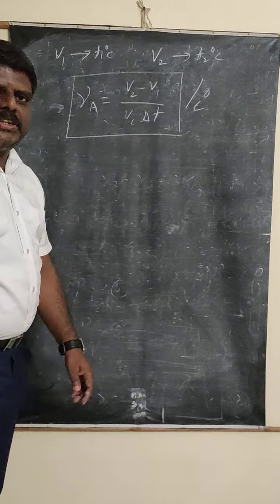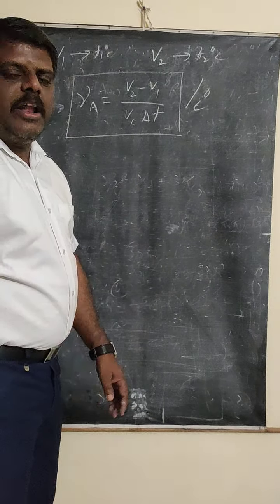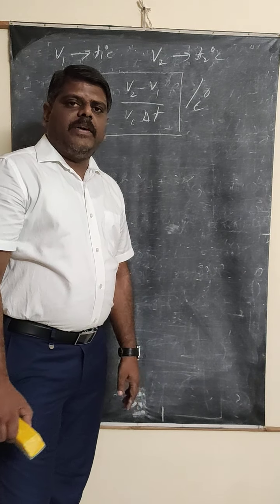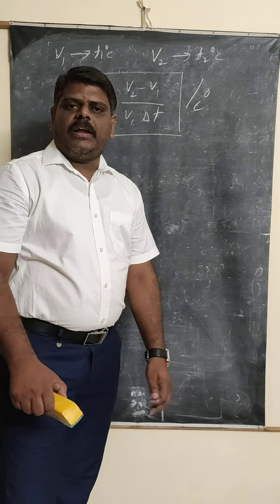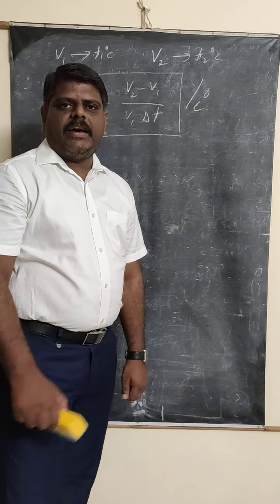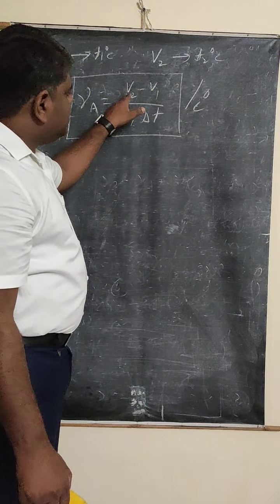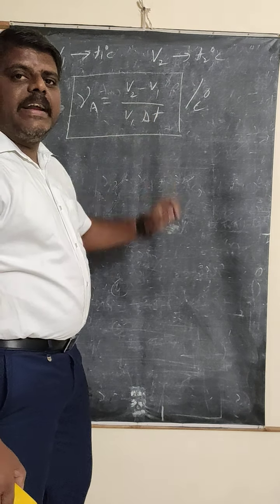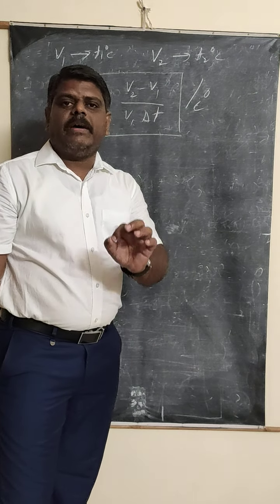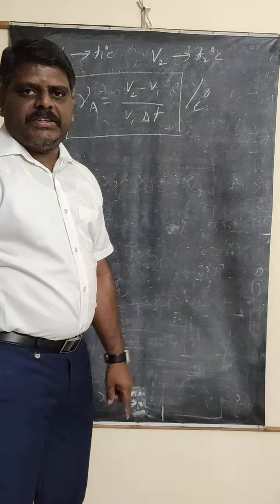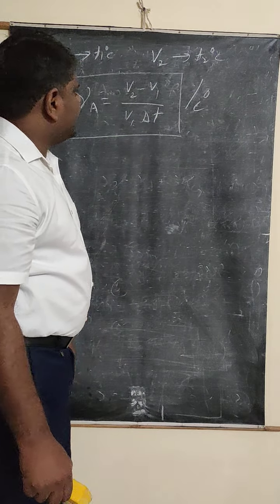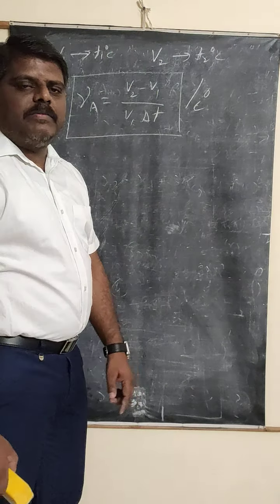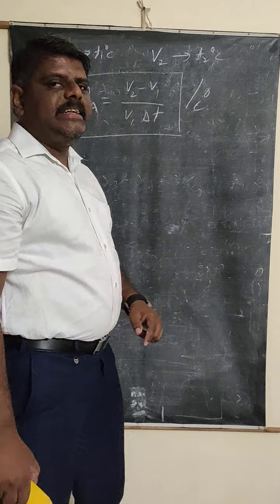Now it's time for the definition. The definition is very important, so all of you must concentrate. We are going to define it as easily as in the case of solids. If you can remember the definition for solids, it becomes very easy to define here also. V2 minus V1 represents the change in volume. Which volume is it, apparent or real? Apparent. That's what you have to mention while defining this equation. So V2 minus V1 represents the change in apparent volume of the liquid. V1 represents the initial volume of the liquid. Delta T represents the change in temperature.